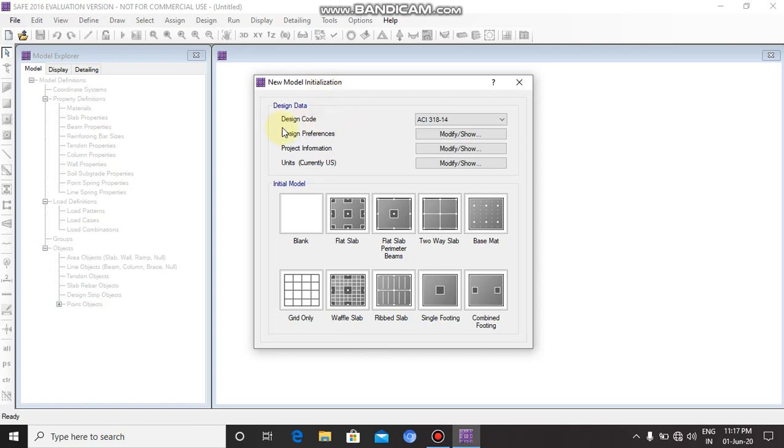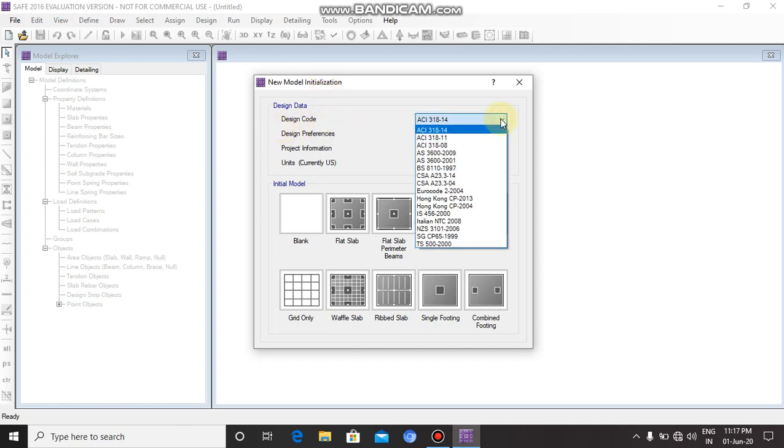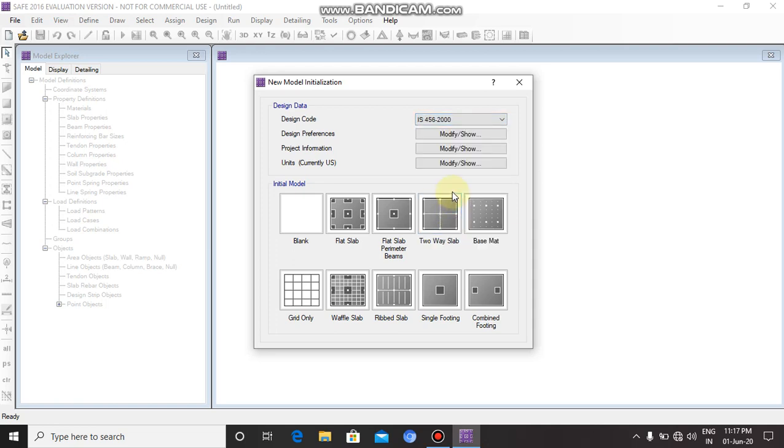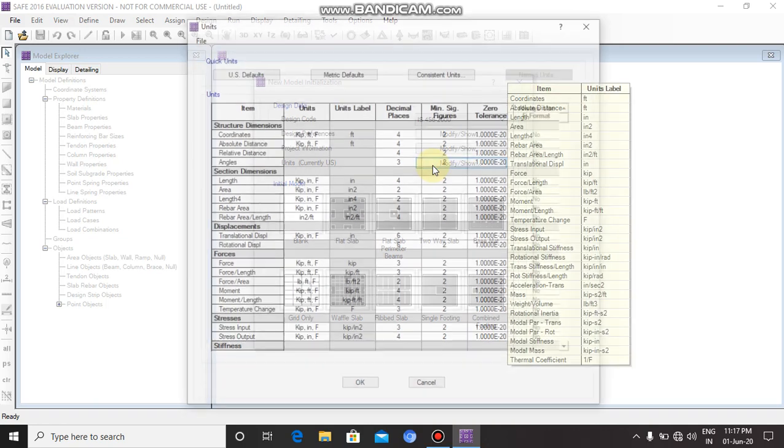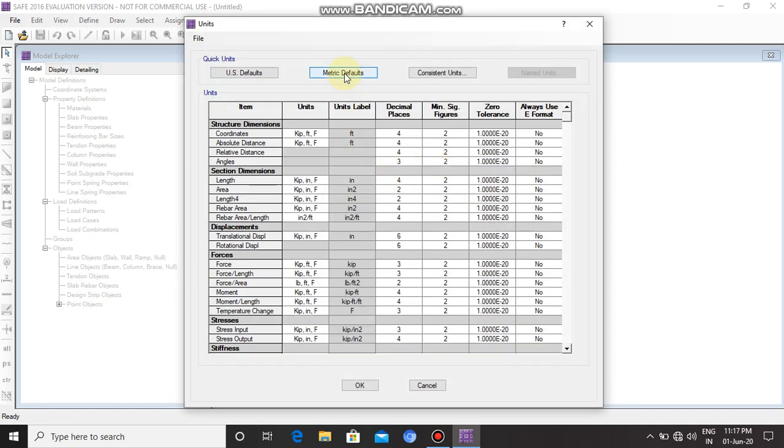Here we have to give the design code IS 456-2000. Unit currently is in US. We have to change it to metric. So click on modify show. Click on metric default and then click on OK.